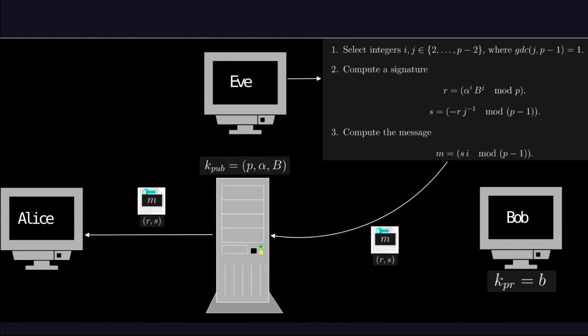As you can see here, she already computed r and s, and this is going to be a valid signature for a message that she's now going to produce. She doesn't actually have much control over what the message is, but the point is that she's going to generate a valid signature, even though the message might not make any sense. The message here will be just s multiplied by i, modulo p minus 1. She's going to take all this information, the message m and the signature r, s, and send that through the insecure channel. You will see in a second, when Alice checks this, that this is going to be a valid signature